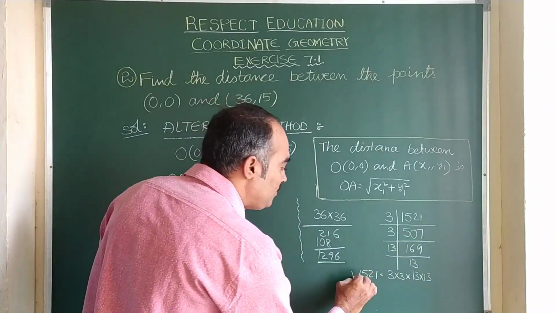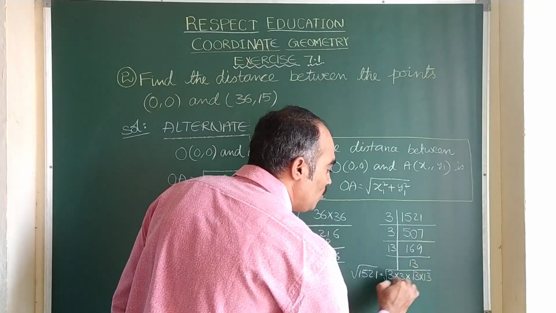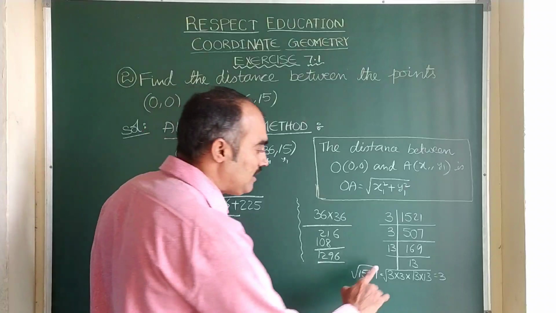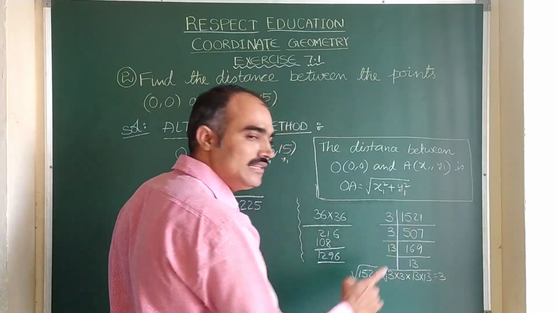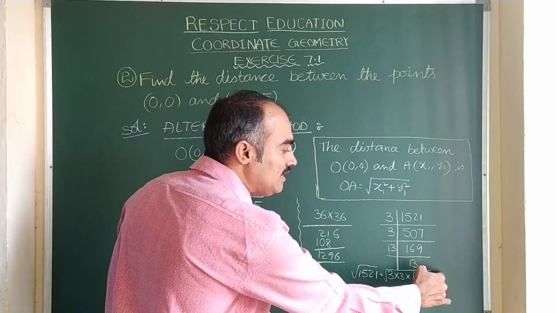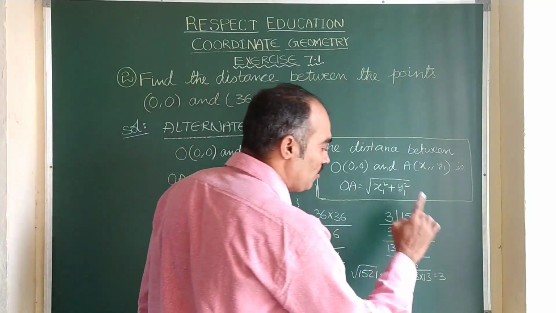Right? When you take a square root, two numbers can be taken as one number. So 3 into 3 can be taken as 3, because 3 3s are 9. Square root of 9 is 3 in that way. If not, 3 into 3 is 3 square. Under root 3 square, the square root gets cancelled. Here we get 3. In any way you can follow it, no problem.